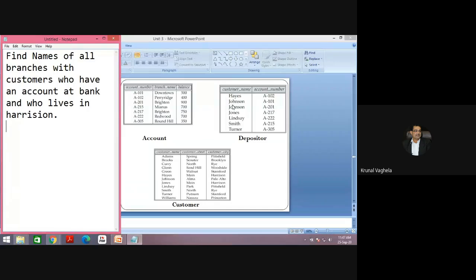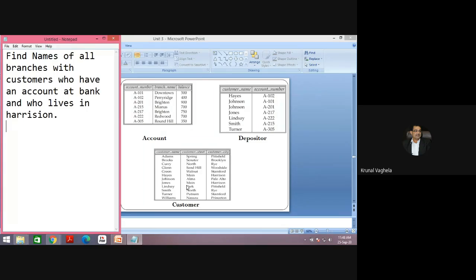So you need a third table, which will give you the customer names with the account number. So you definitely need three tables: account, depositor, and customer.